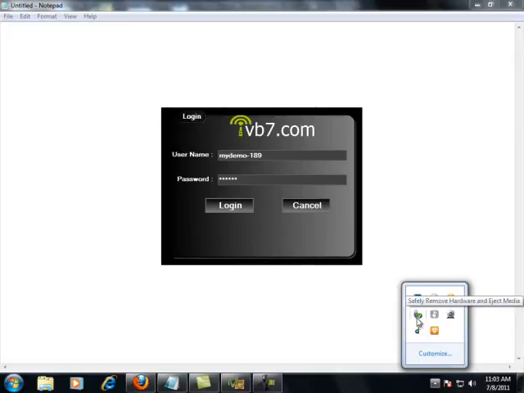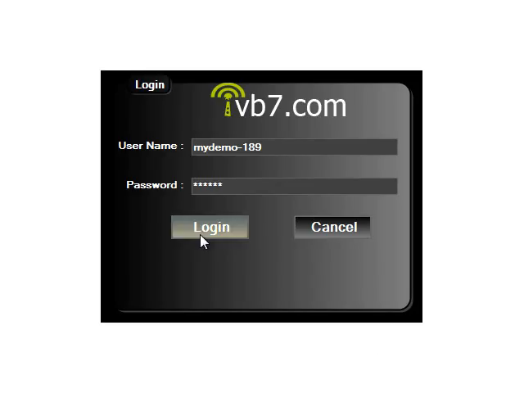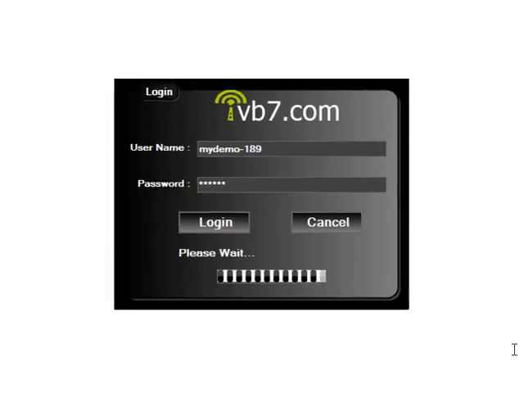So make sure before you log into the software, just try to connect the device to the PC. So here we have the USB being connected. So you're ready to use this device. Now let us try to log in.